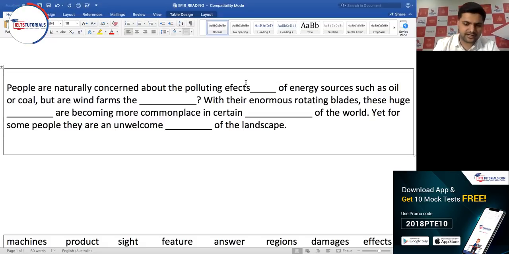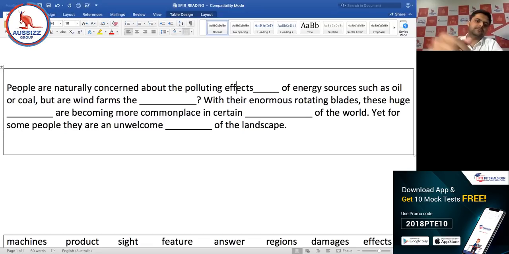So looking at all the blanks, just read the first part of the sentence before the comma. The first part says that people are concerned about polluting effects of the energy sources. So at one part we are talking about the effects of energy sources, and then we are talking about wind farms. So we're saying that are wind farms the